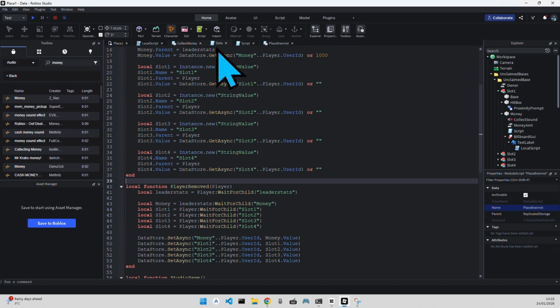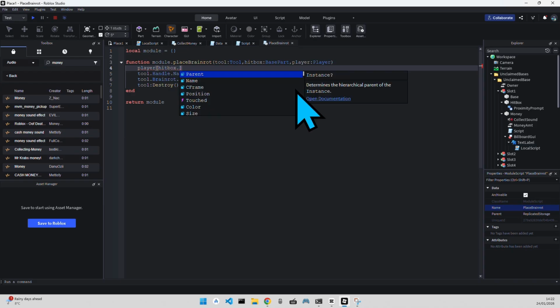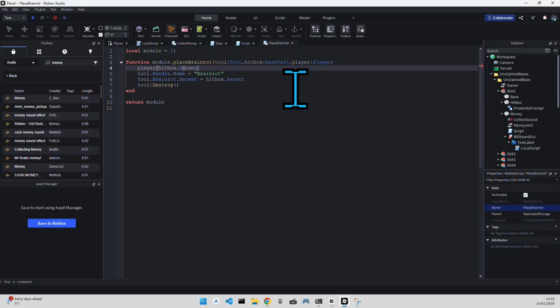So in PlaceBrainrot, player, hitbox.Parent.Name, like slot 1, so it could be player.slot 1 or slot 2, it could be anything, .Value will be equal to tool